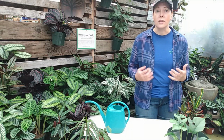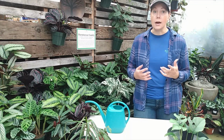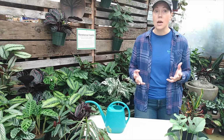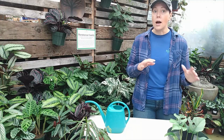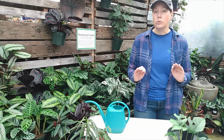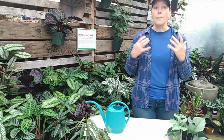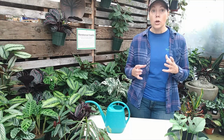And if you use water that's too hot, you can actually damage the plant. Hot water, especially boiling water, will explode the cells and actually kill your plant. So you really want to make sure you're going for that lukewarm, room temp, maybe a little cooler water temperature. And then also, watering thoroughly is when you completely saturate the soil and you see the water